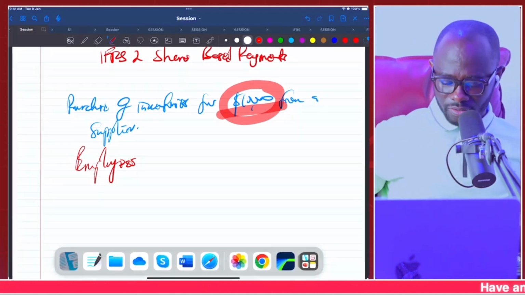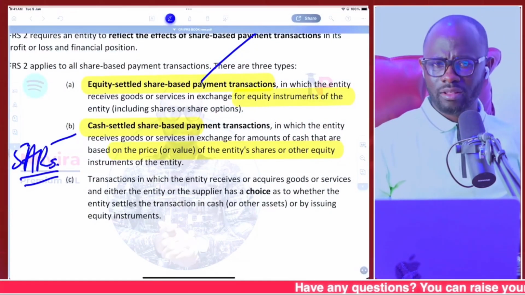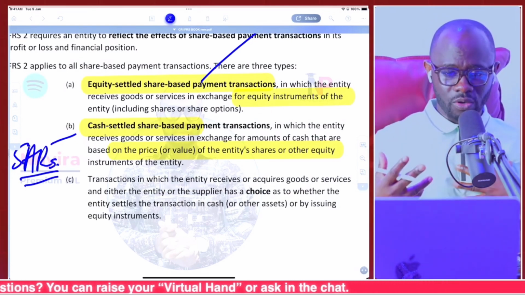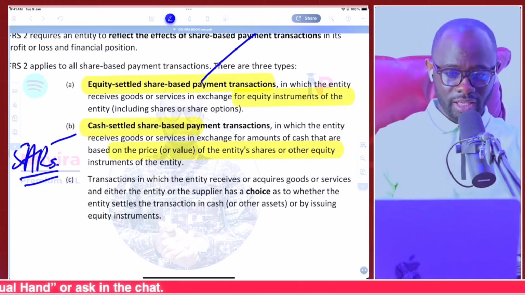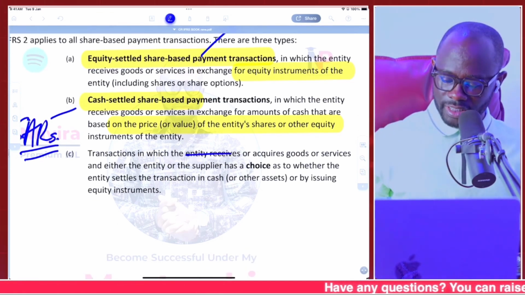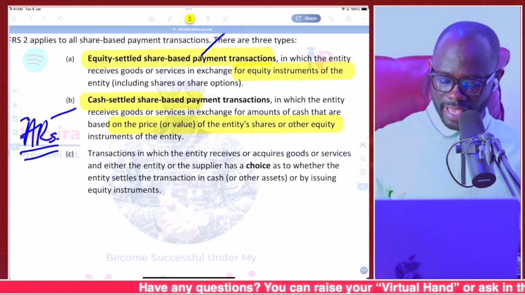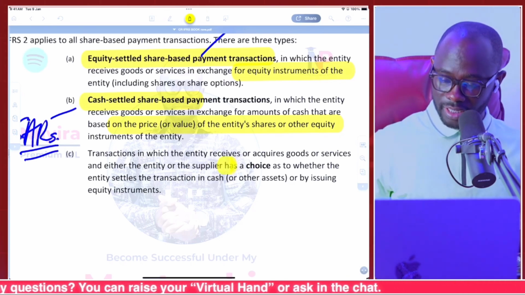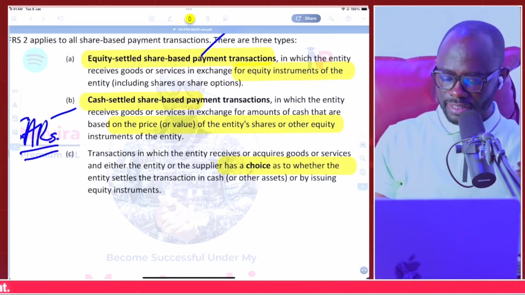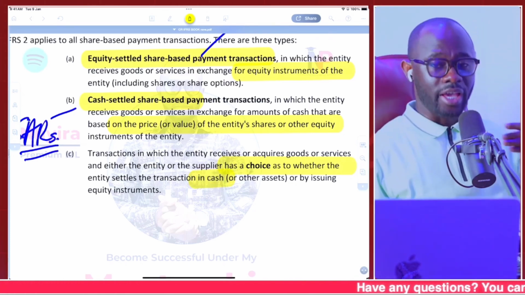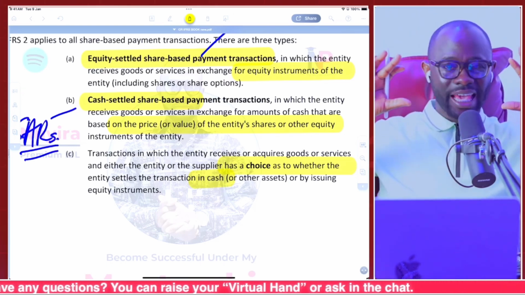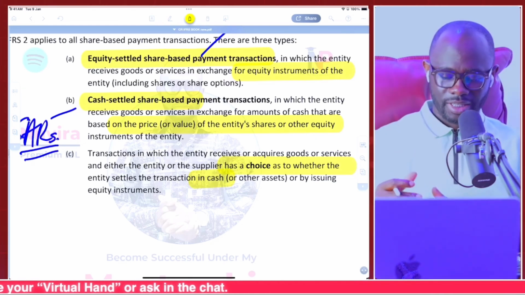The third type of share-based payment is where the third party in question has the right to choose between either they will get money or they will go for equity shares. That's the third type. Transactions in which the entity receives or acquires goods or services, and either the entity or the supplier has the choice as to whether the entity settles the transaction in cash or by issuing equity shares. Stay with me carefully. That third part